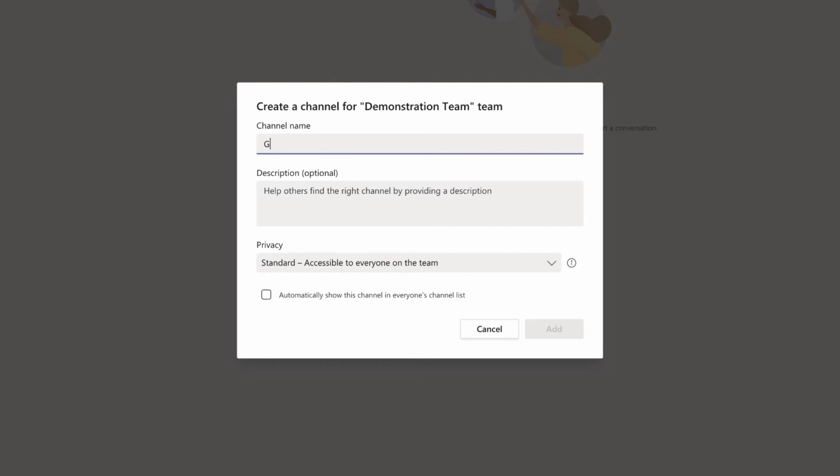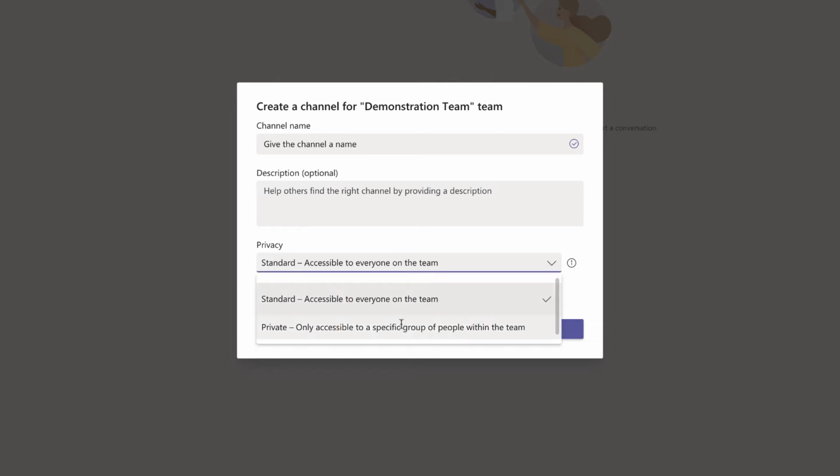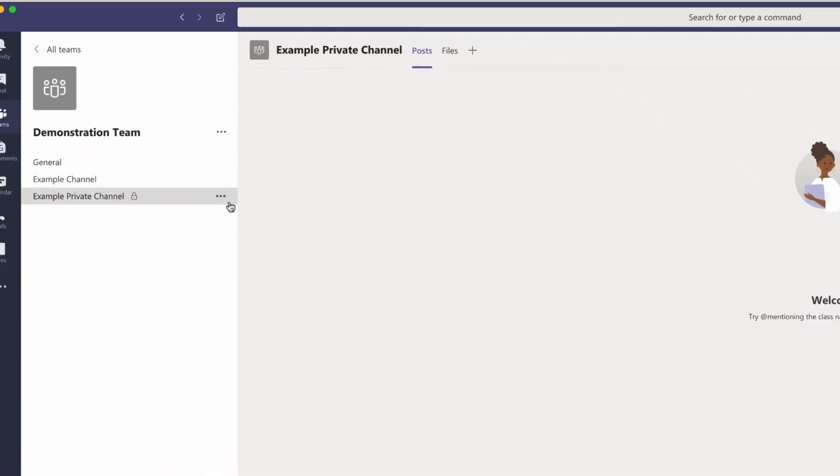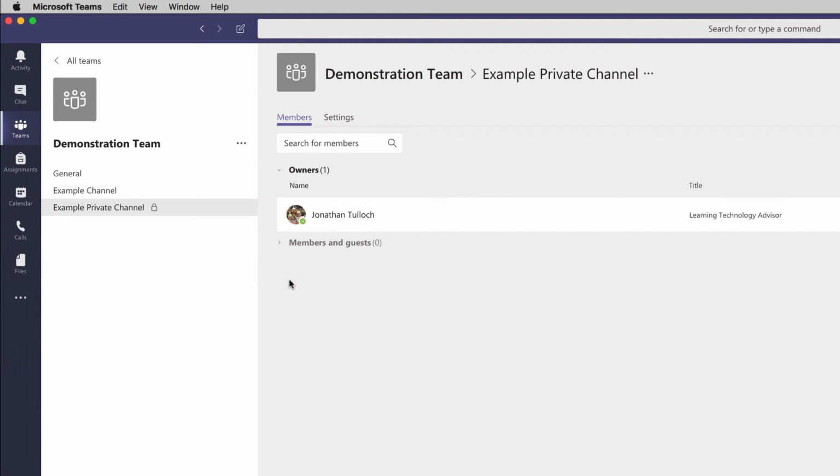I can give the channel a name, and this is an important bit. This is where I can choose the accessibility of the team. By default it's set to standard. This means that anyone who is a member of this team will have access to this channel, but I can change it to a private channel, which means that only a specific group of people within the team can access this. Now that's particularly handy if you want to create study groups